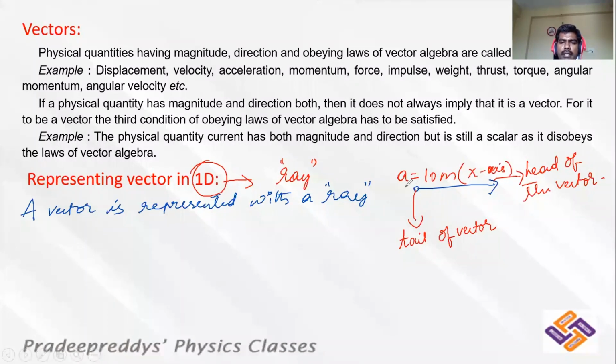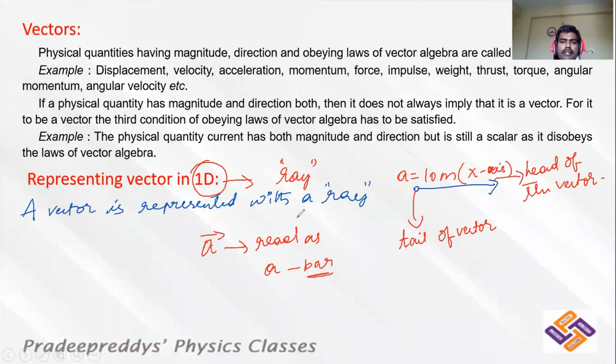Now in order to mention it as a vector quantity, any physical quantity, in order to consider it as a vector, you will be writing an arrow mark on its head. This is called a bar. Read it as A bar. What is this bar? Bar is the arrow mark on the head of that particular alphabet. It represents that it is a vector quantity.